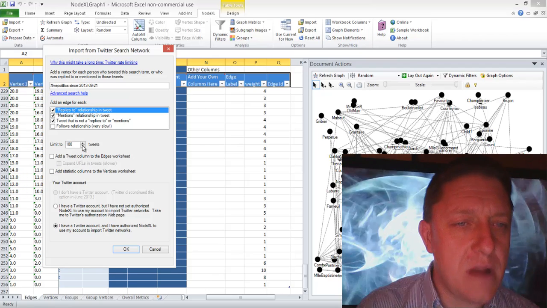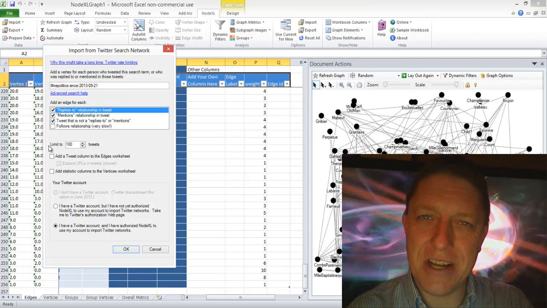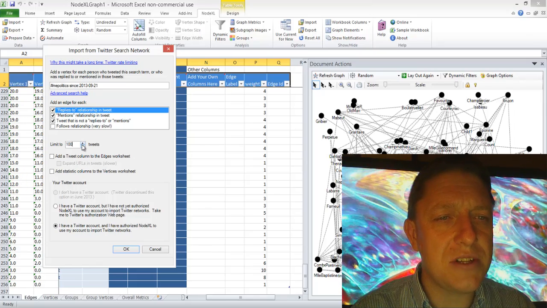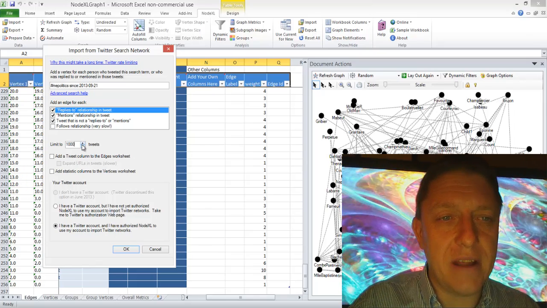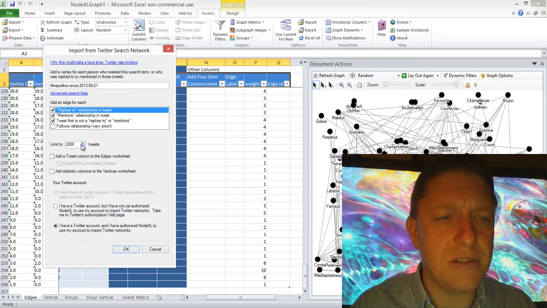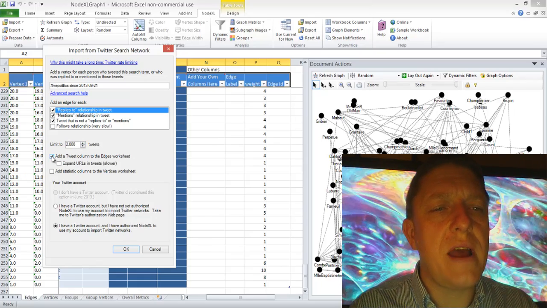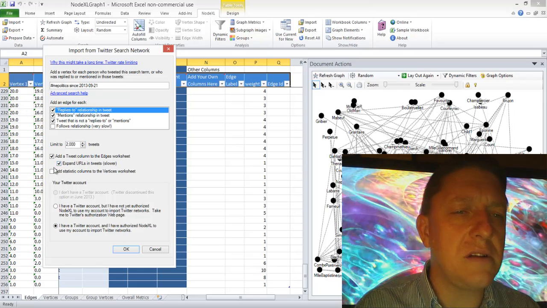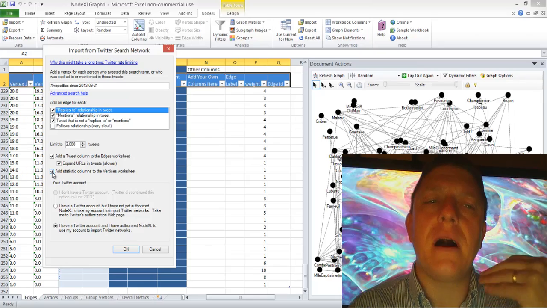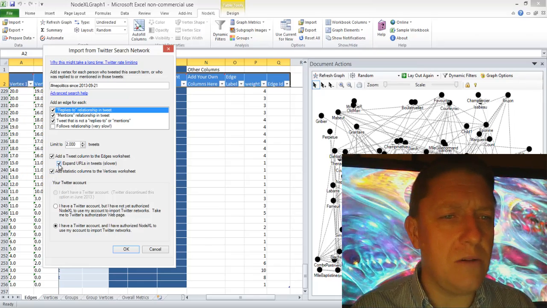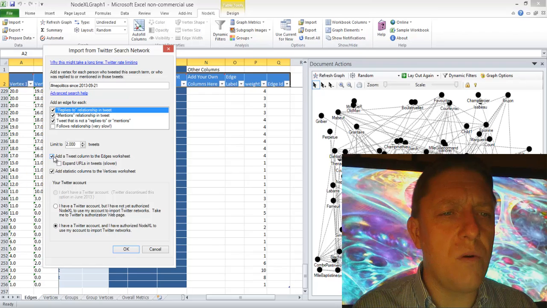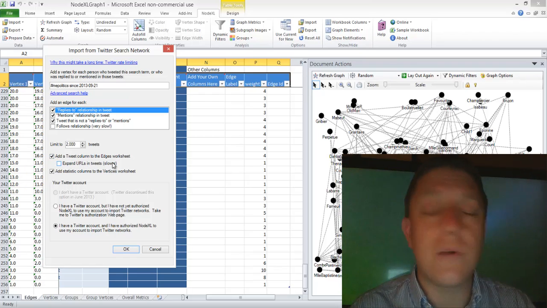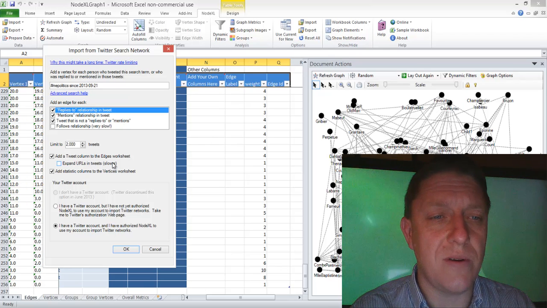And let's not limit. Now, there's no check mark for you to uncheck here for your limits, but I'm going to just take the limit off by increasing my limit to 2,000. I do want to add, I could add a tweet column and URLs. I could add a statistic, but I'm not going to do that right now. Okay, for the URLs and expanding that, I would like to be able to know what the tweet is, so I'll take a look at that.